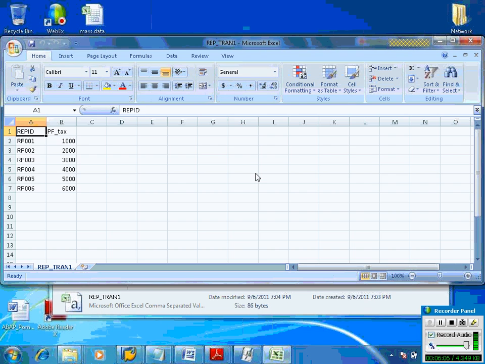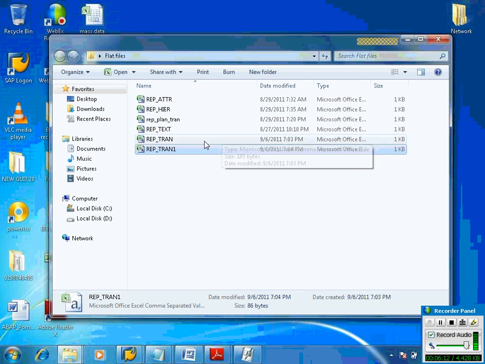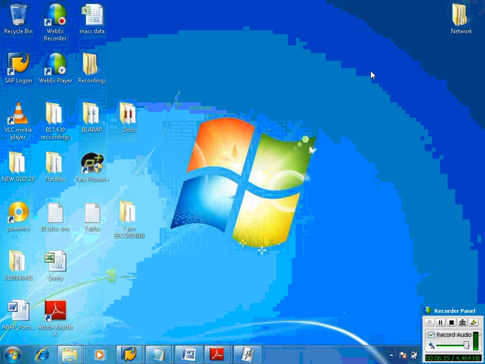We have another file with 6 records, and here we have year, and in the first file we have salary and tax. This information I am going to load into the first DSO, and this into the second DSO. Now files are ready.